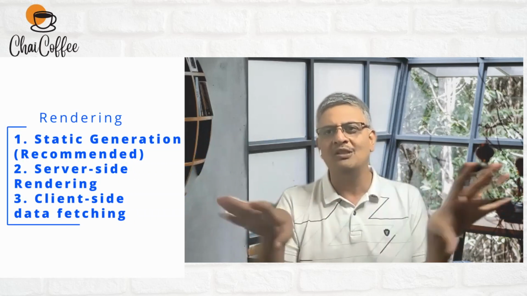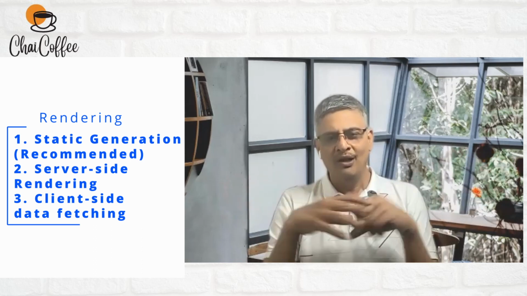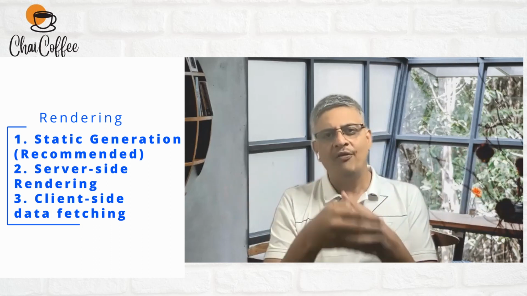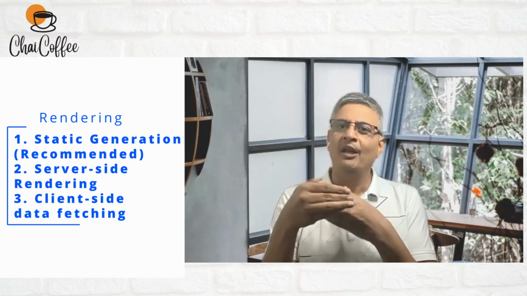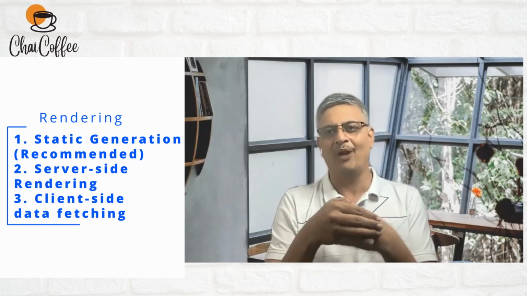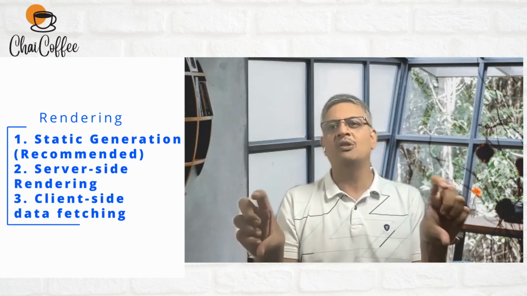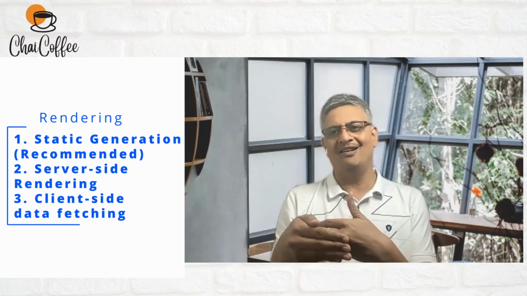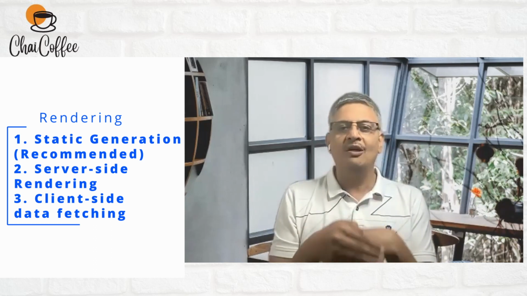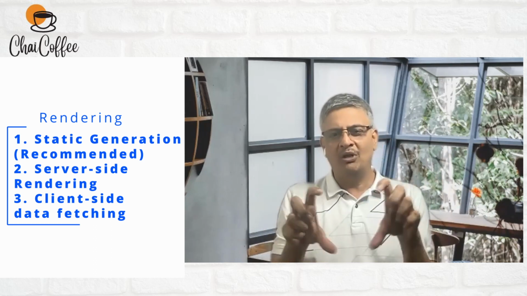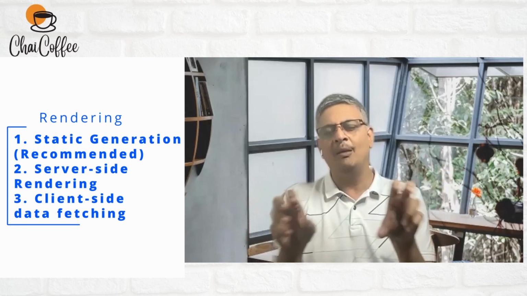Just to quickly summarize, if I'm developing a Next.js application, ideally one should classify web app pages into three different categories at a very broad level. First, if it is possible to do a build-time pre-rendering of a page, that should be given priority. Then you go to the next level: if there is any sensitive data or you have to generate for every request, then go for server-side rendering for every request. And the third one is client side, where you need data which is likely to change very frequently,